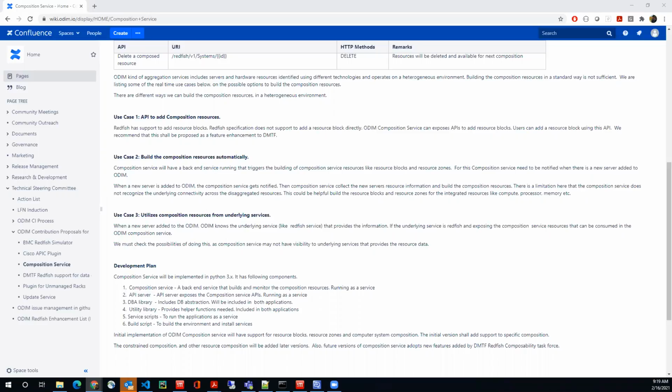But even a resource block itself is going to be hard to understand what it is. Here I am, the composition service. I see there is a new server added, so that creates a lot of resources, and I'm receiving resource created events from the event service. Well, one server from vendor A from 2020 might have to go in as a full-blown resource block, because it cannot be split up.